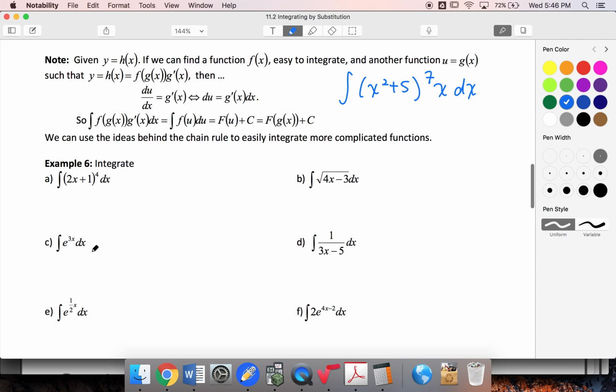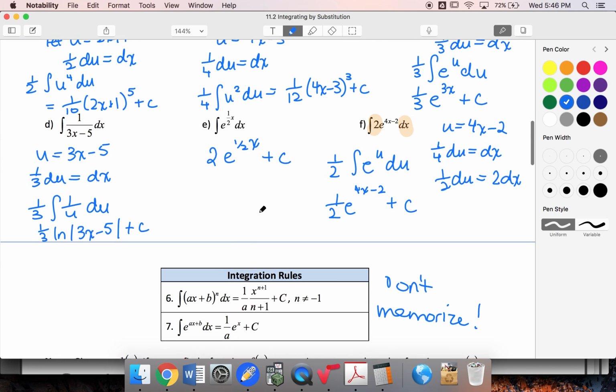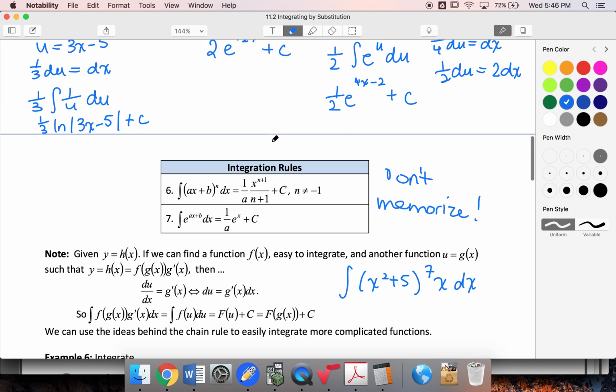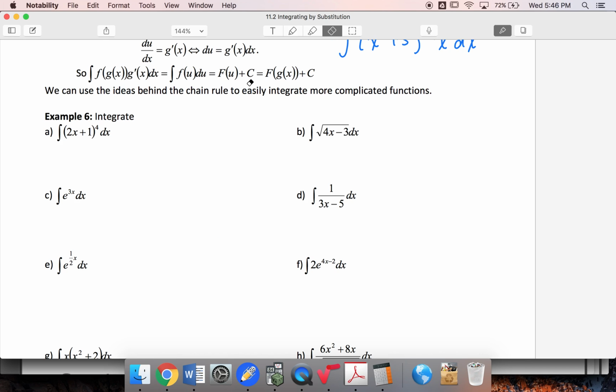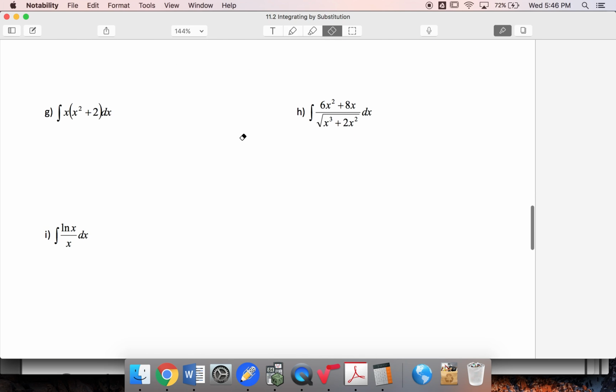So these are some examples that we saw earlier. In fact, are these all the examples we saw earlier? We didn't see this one. So these are the examples we saw earlier. I'm not going to talk about those. Let's go to the more complicated ones. All right, so